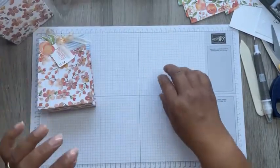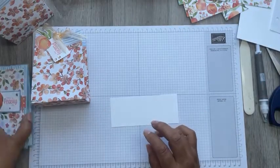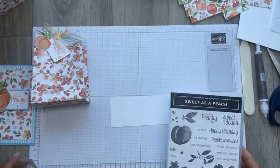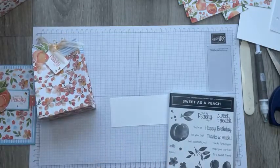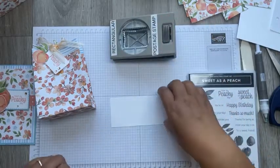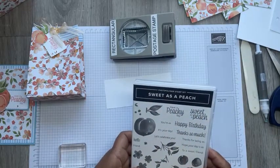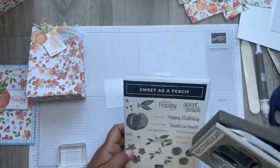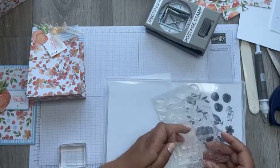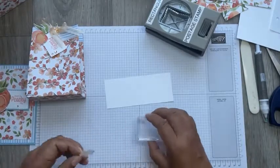We're going to make a little gift tag. So again, I need a little bit of white and use a different stamp, I think. But I have to make sure that the stamp, whatever I use, is going to go onto this punch. So I can either punch it out and then put the stamp on, or I could... Sweet as a Peach, that will work. I used that before. So Sweet as a Peach,